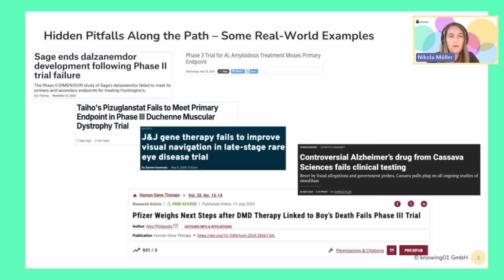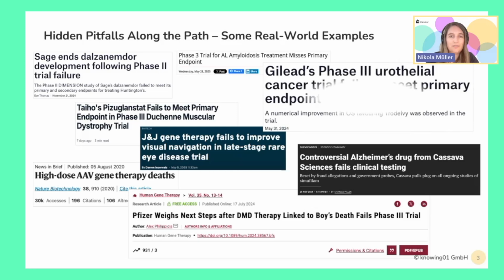So we all know the outcome of drug discovery is not in its best shape, right? We have a lot of hidden pitfalls along the path, and looking at some of the real world examples here, you can see even the best names have failed programs. It is not only about hitting primary endpoints; with gene therapy, you also have some deaths involved. So there's quite a lot of patient biological risk that comes with the business risk of developing new